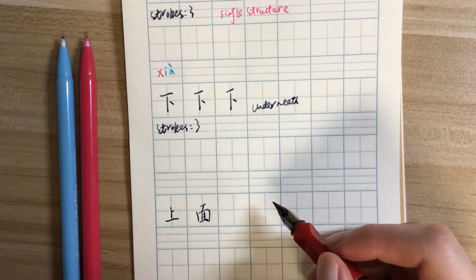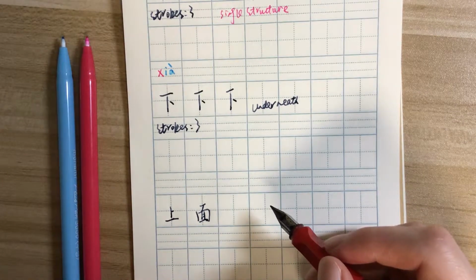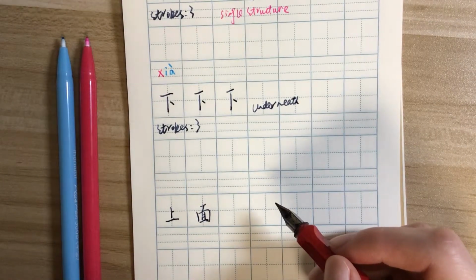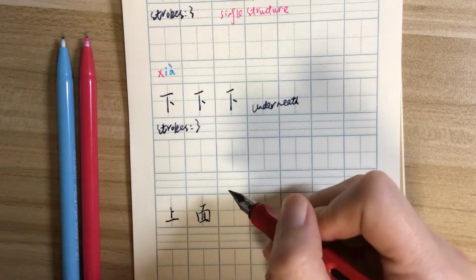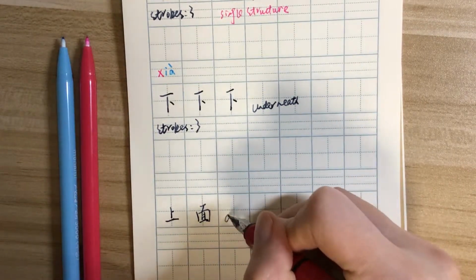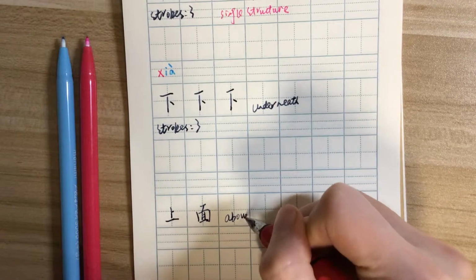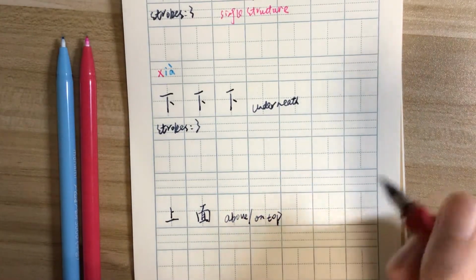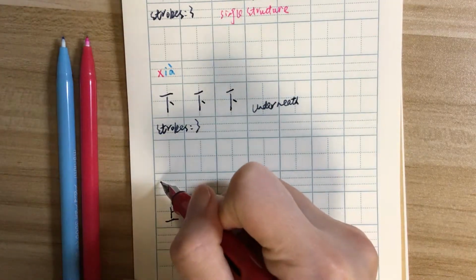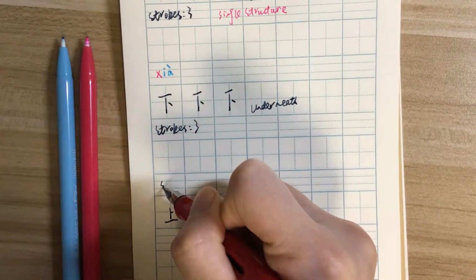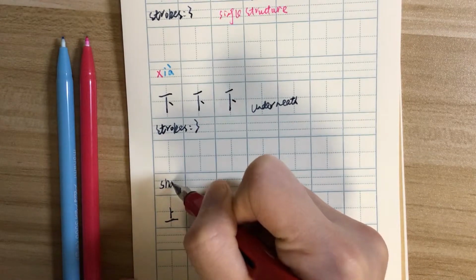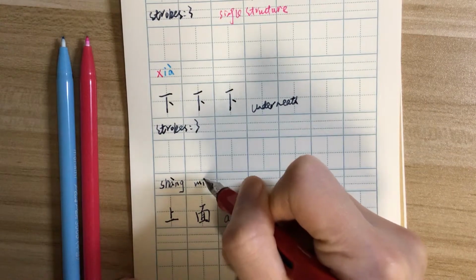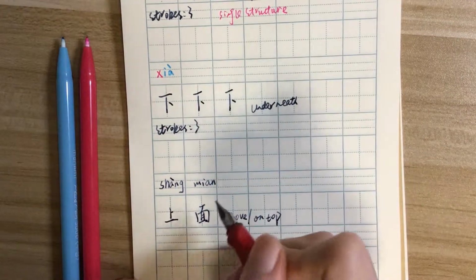食物在桌子的上面. The food is on top of the desk. 食物在桌子上面. 上面 means above or on top. 上面